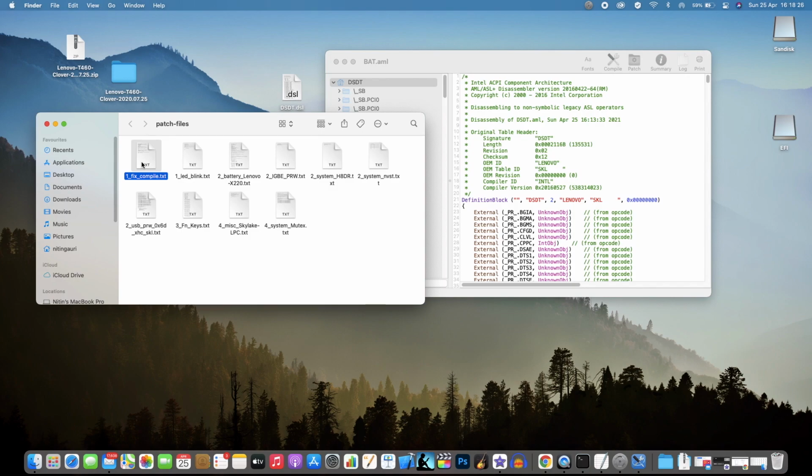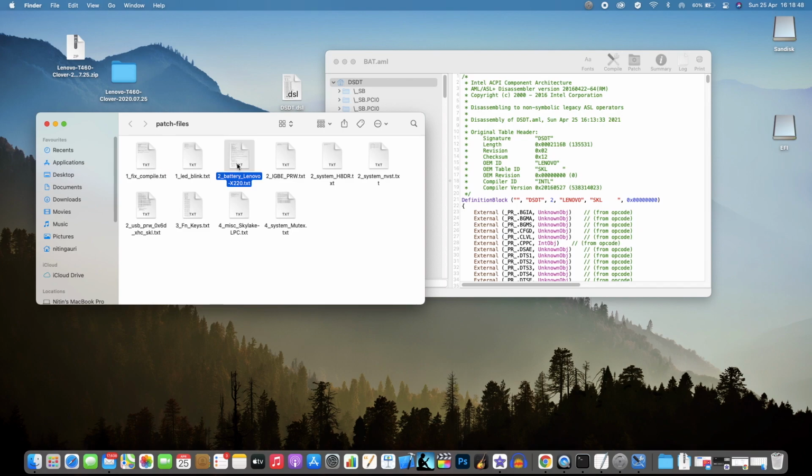It all depends on system to system. I would say every T470 which is manufactured is different. So every T470 has a different DSDT file. The DSDT files which you have patched and compared for your system may not work for your friend's system. So I would recommend doing it individually for all the systems.